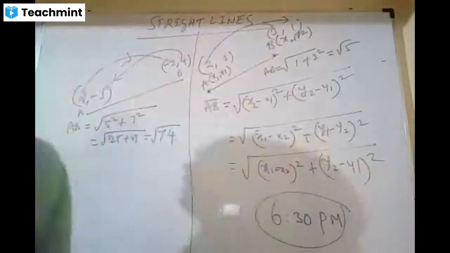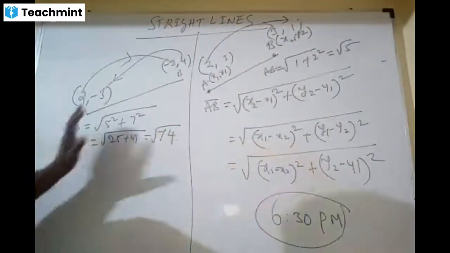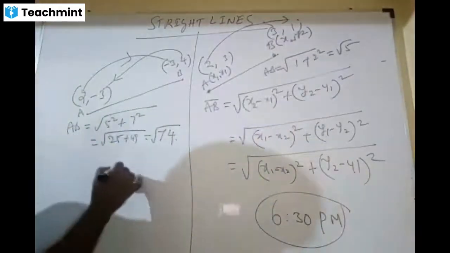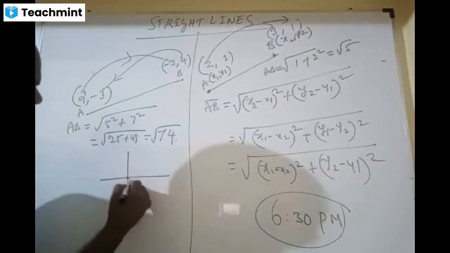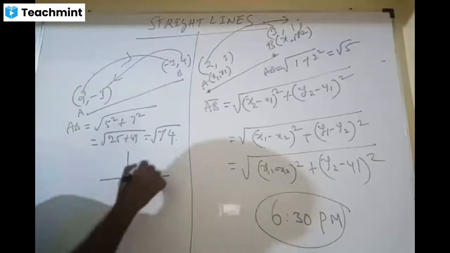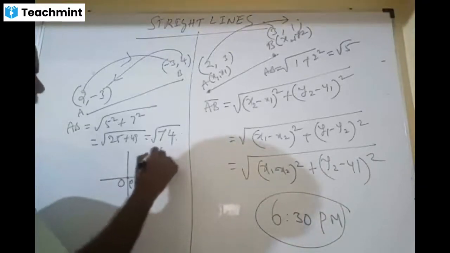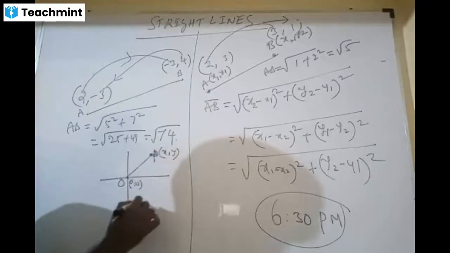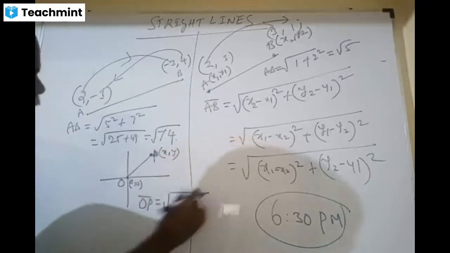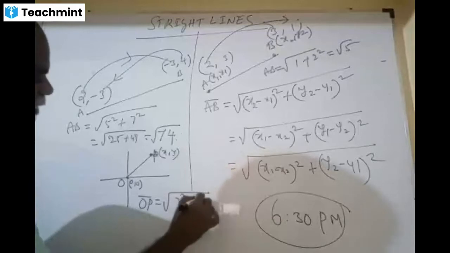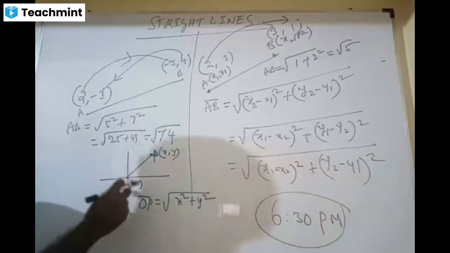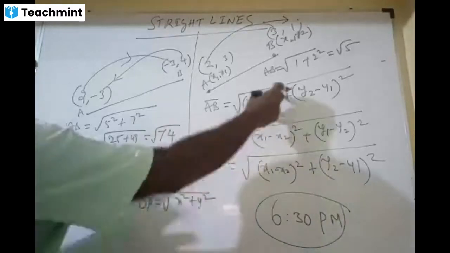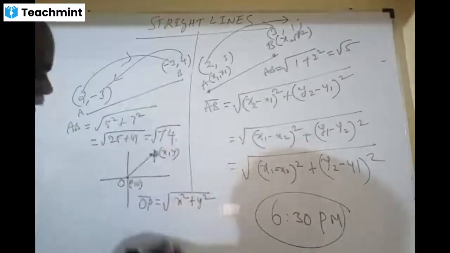Yes, sir. This is all we have done in the 10th standard. And also, suppose I want to find out, there is a point called (0, 0), the origin, and one point is called A or P, whatever, (x, y). Then what is the distance between O and P? OP is nothing but the root of x square plus y square, because this is (0, 0). x minus 0 is x, y minus 0 is y, squared, therefore x square plus y square.